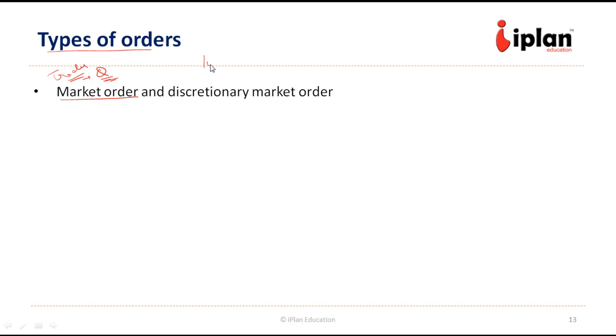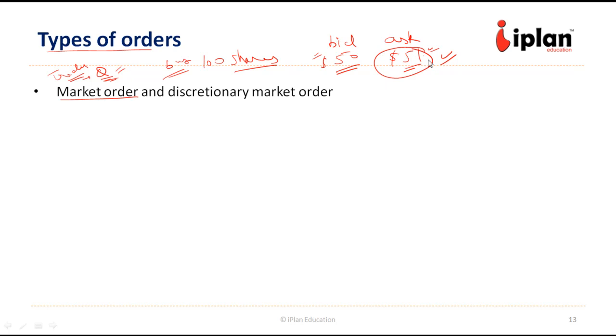For example, if somebody wants to buy 100 shares and in the order book the bid shows a certain price, say $50, and the ask says $51. So that means we can buy at 51 or we can sell at $50. So there will be a bid-ask spread to ensure the liquidity in the market. So if 100 shares are available, then the order will be executed at $51 since it is a market order.